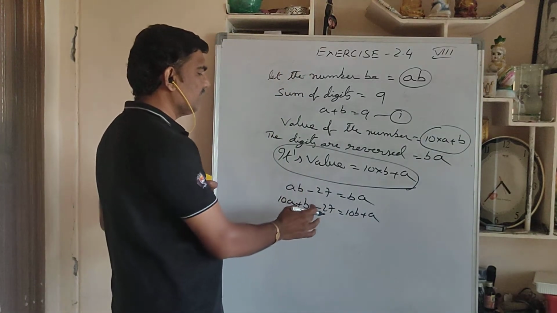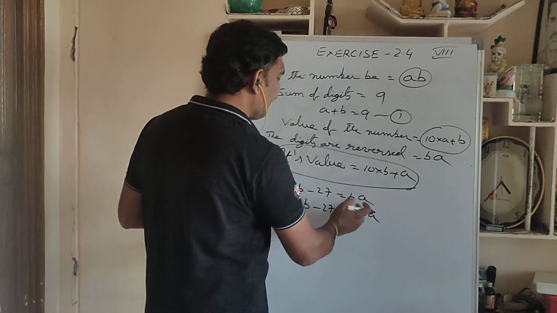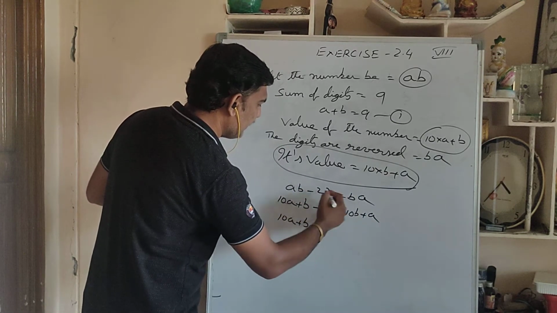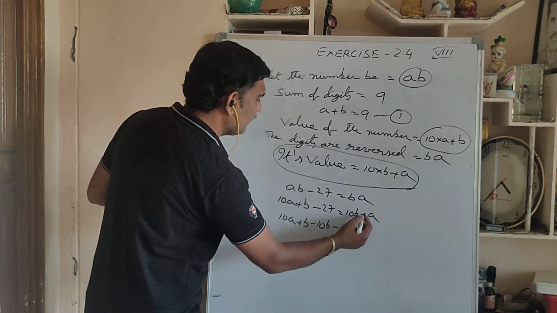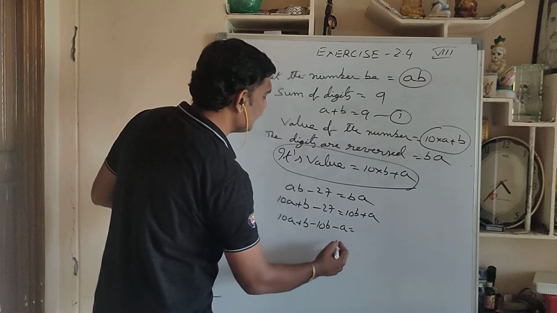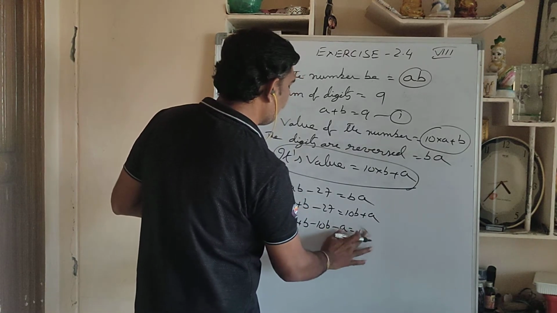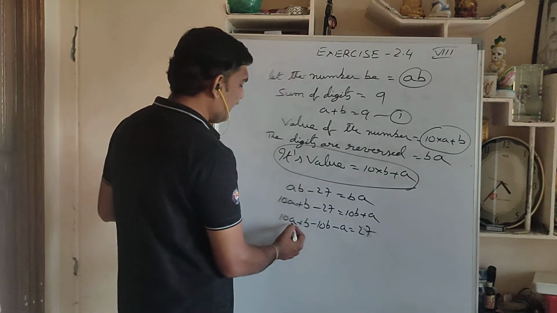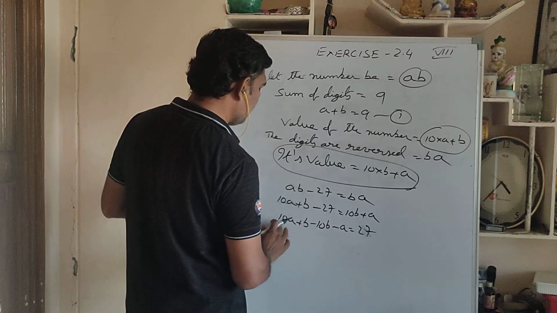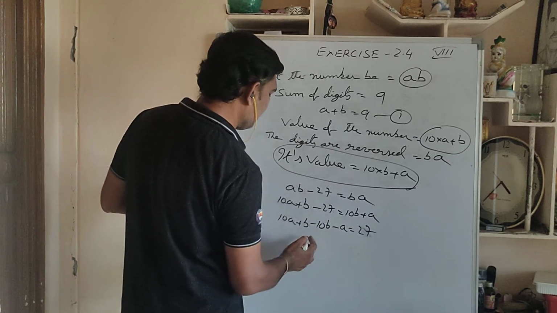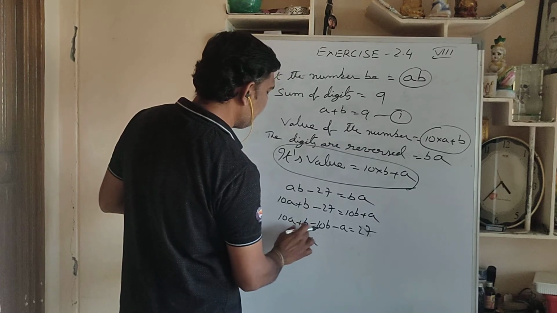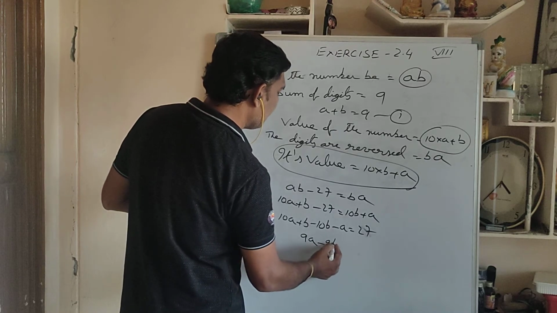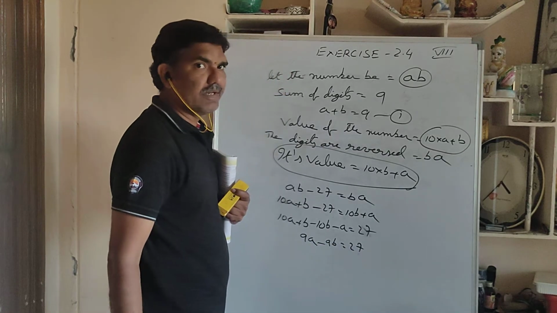Now what you have to do is constants to one side, variables to one side. So 10A plus B is there here only. Plus 10B is coming here as minus 10B. Plus A, taking to the left side, is minus A. Then here 10B won't be there. Minus 27 goes here as 27. Now 10A minus A, these two are like terms. From 10A you subtract 1A, that is 9A. Plus B minus 10B, one is plus, the other is minus, so it is 9B... equals how much here? 27.